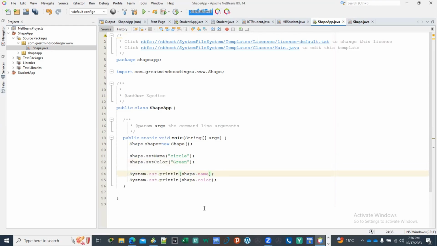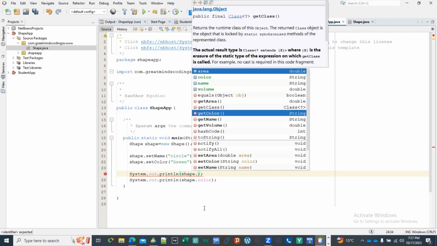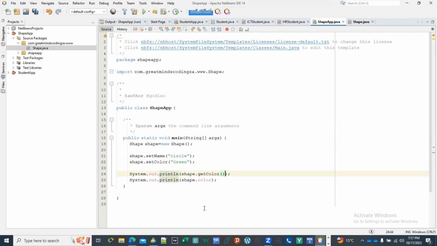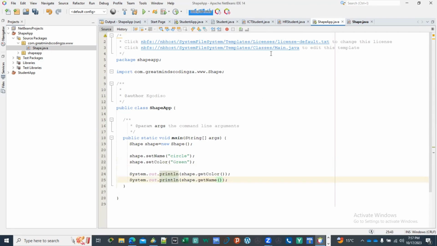And then to display them, you can say shape dot, use the getters method. Then you can get the color. It's fine even if you do it like that. And then you can get the name. So I'm still doing the very same thing, but now I'm doing it properly. But then another thing,